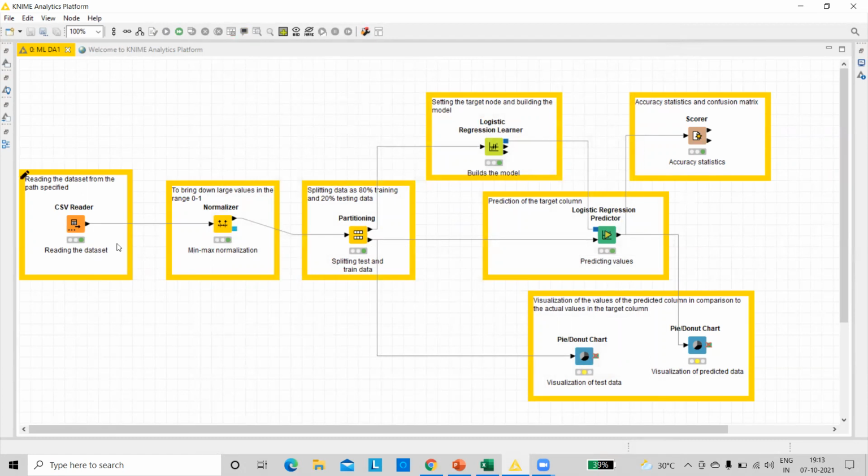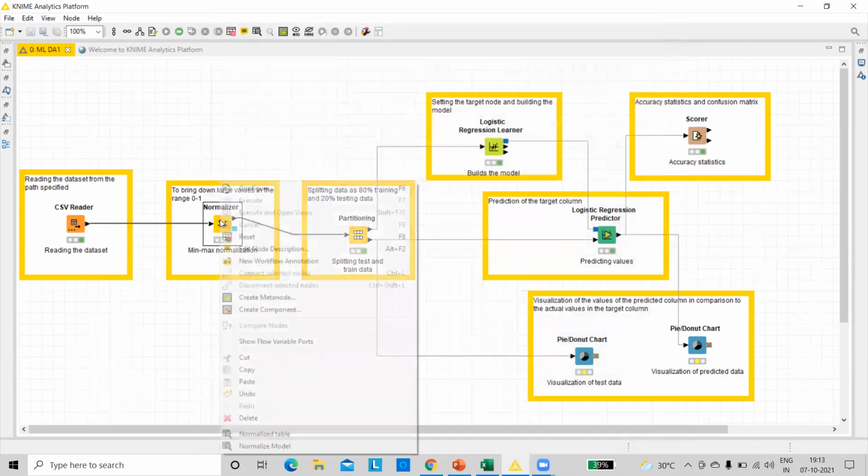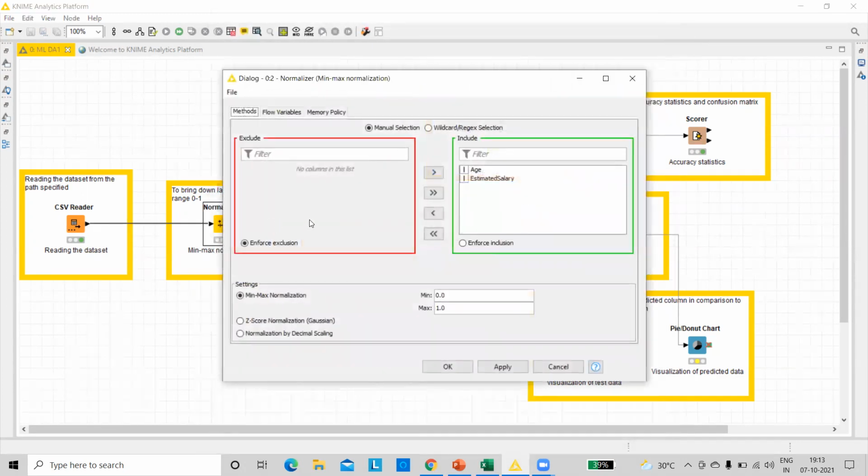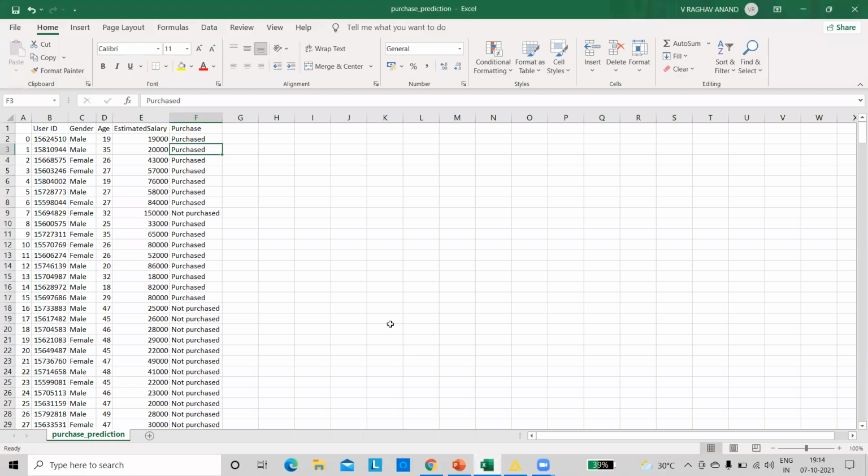So the next thing, after we've read the file, we need to do something called as normalization. So we'll have a look at what normalization is. So normalization is usually done in this case, because in this case, we are actually doing something called as a min-max normalization. So min-max normalization, basically what it does is it brings large values to smaller values in the range between 0 to 1. It scales down the values in the range of 0 to 1 so that the model is easier. The model becomes more accurate when it predicts the values because it can handle values in a common range much better than it handles large values.